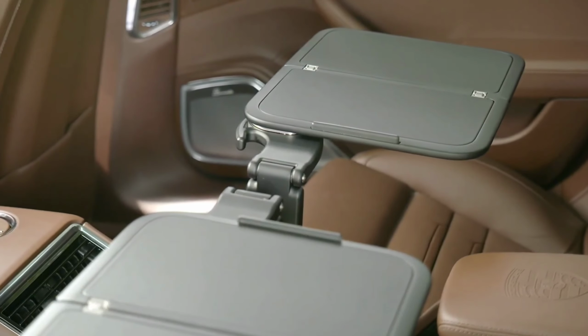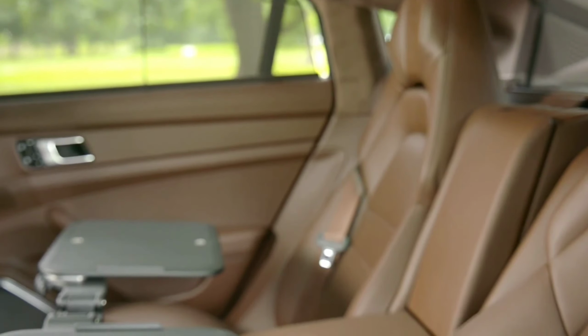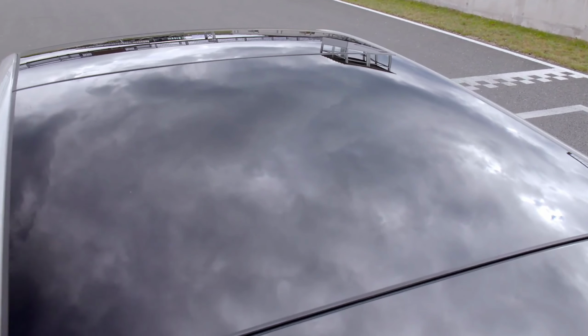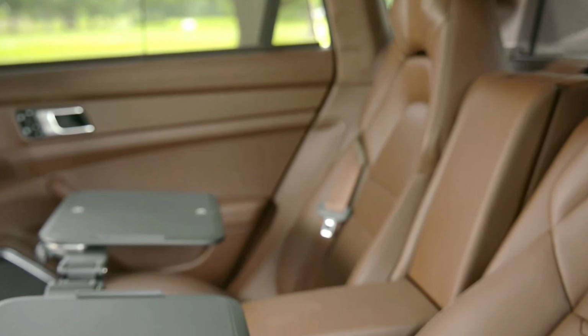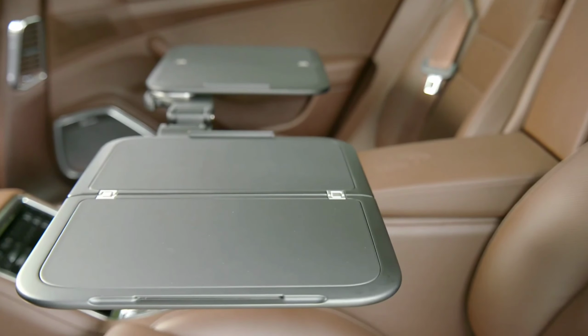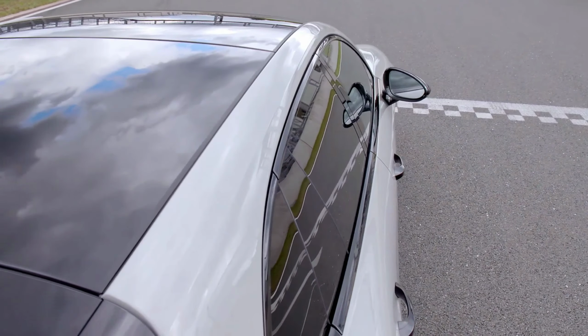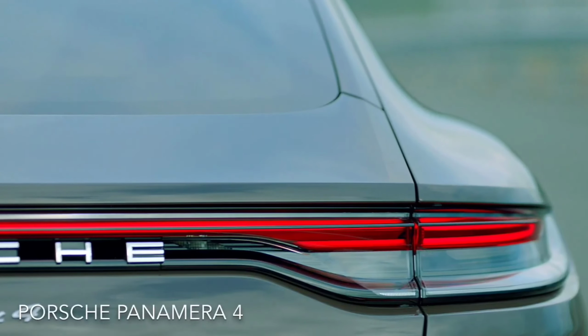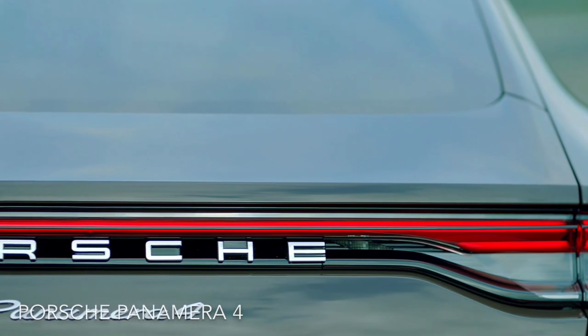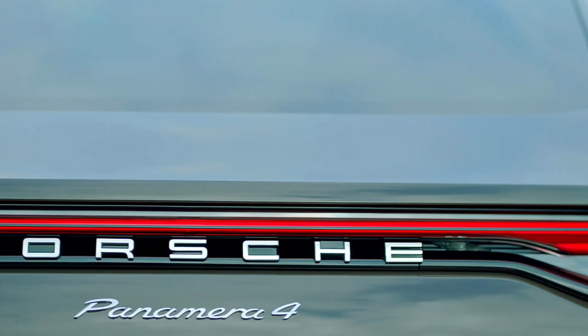Extensive available assistance features. All 2021 Panamera models are now equipped with lane keep assist including traffic sign recognition as standard. Using a camera, the system detects divider line markings on the road and aids the driver to stay in lane by making corrective steering inputs, active at speeds above 40 miles per hour. Traffic sign recognition also uses a camera and navigation data to detect road signs, and displays them in the instrument